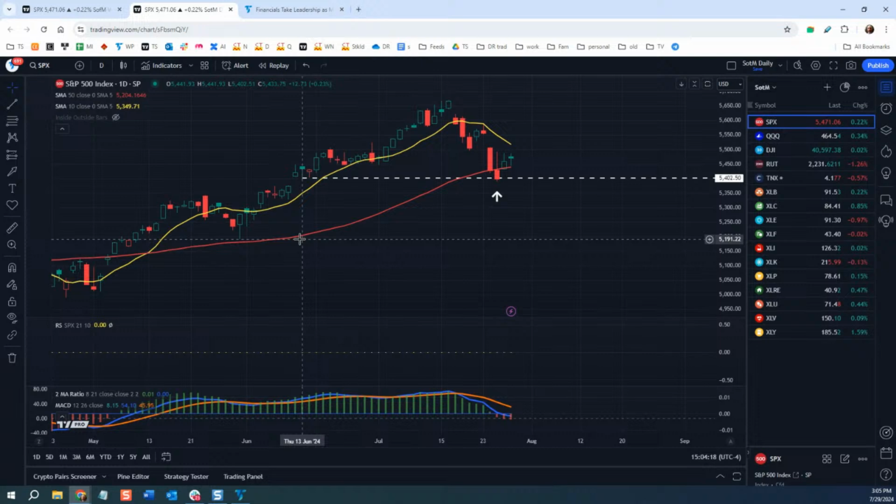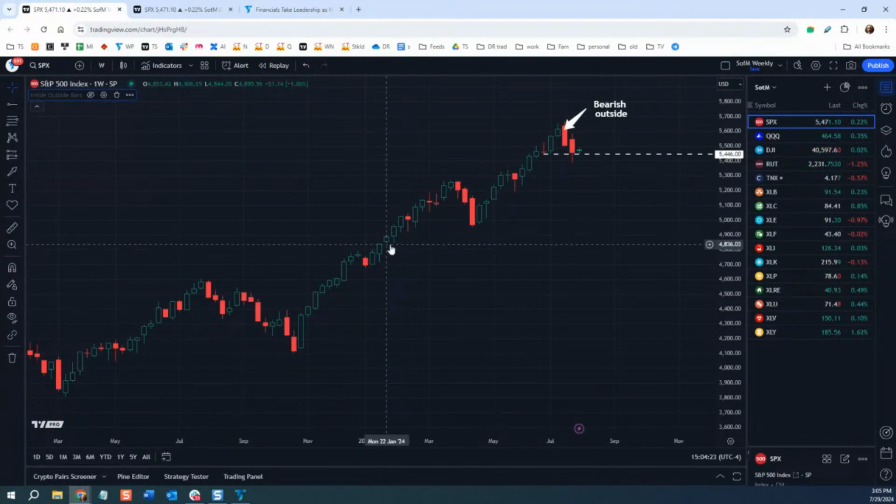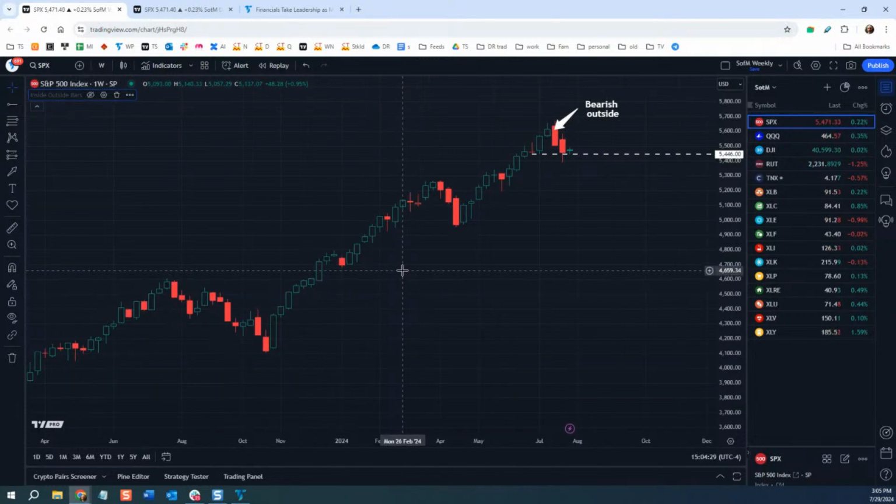Of course, we have the rising 50-day moving average coming up. So holding right between 5,400 and 5,450-ish is right now what people might be noticing as a stabilization of the longer term uptrend, with potentially more upside.